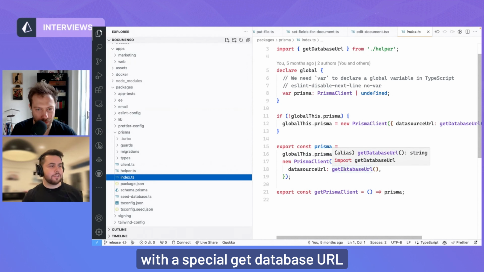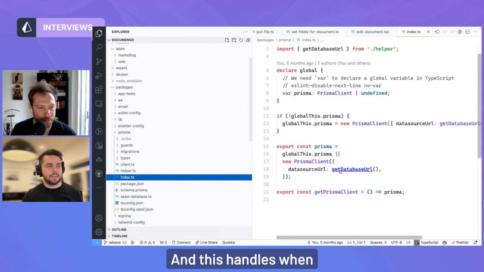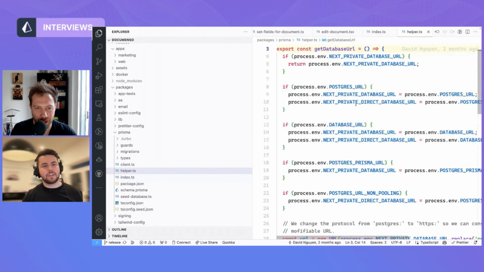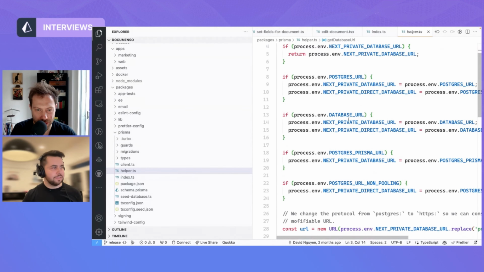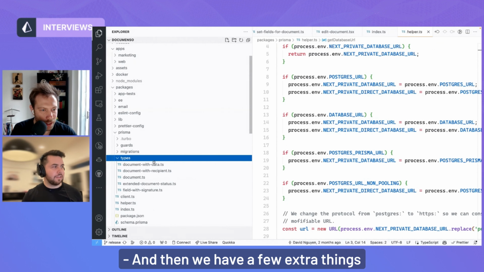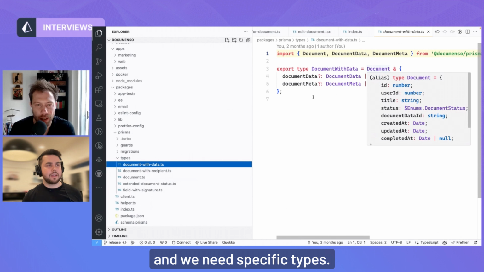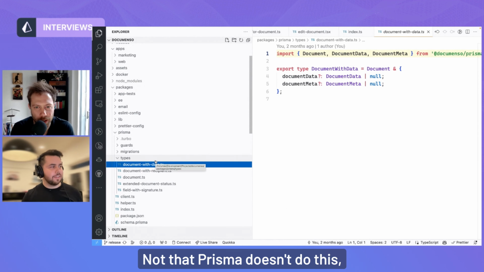with a special get database URL using the new data source URL that you guys introduced in like 5.0 or 5.1. And this handles when you're running on Vercel using a Supabase integration or a Neon database integration or even Vercel Postgres. That's great. Yeah. And then we have a few extra things for when we're doing joins on Prisma and we need specific types. Not that Prisma doesn't do this, but these are